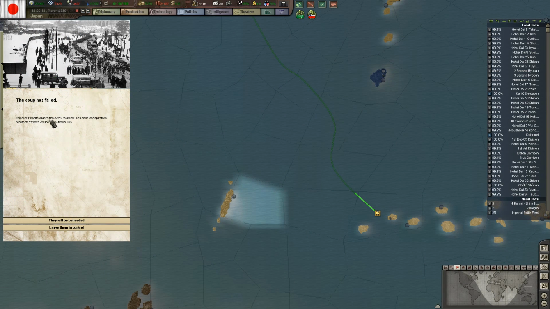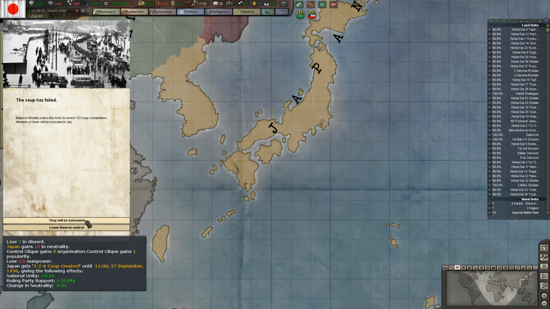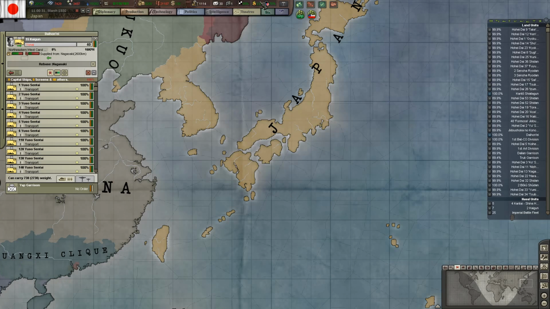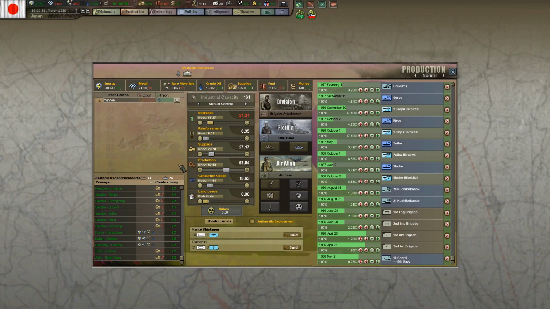Emperor Hirohito orders the army to arrest 123 coup conspirators. 19 of them will be executed in July. That was the 226 incident. They will be beheaded. I lose 2 dissent, and control quickly gains 3 organization, 1 popularity. We lose 2 manpower, but that's okay. Or we leave them in control and then nothing good happens. So they will be beheaded. Bam. And I'm already regaining some of my lost...